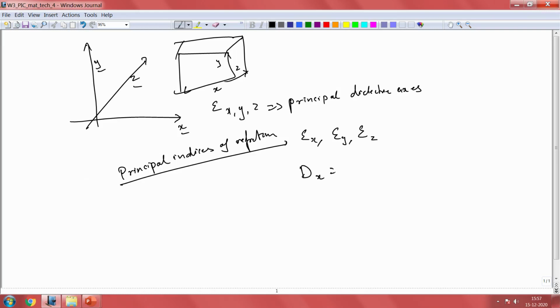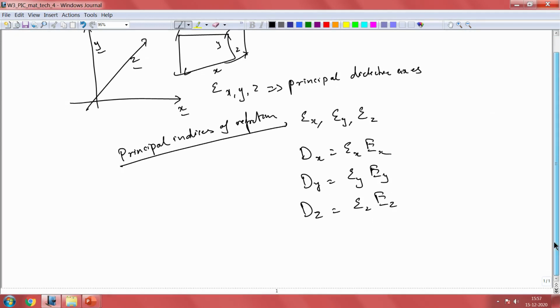So we can write now the displacement field simply through this. So now we can also characterize this epsilon x, y and z